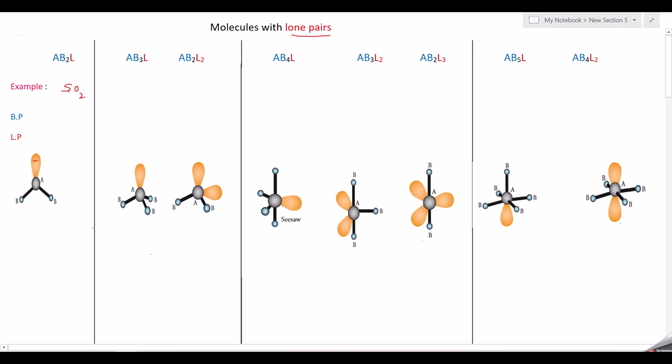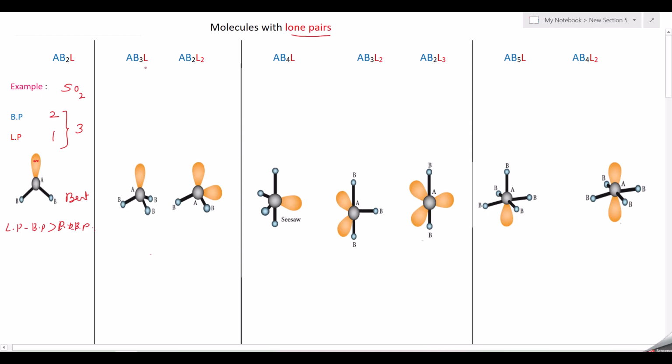Two oxygen atoms are covalently bonded to sulfur. Therefore, the number of bond pairs is 2 and the number of lone pairs is 1. So we have a total number of electron pairs of 3. So the expected structure is trigonal planar. But the lone pair will interact with the bond pair, so we are getting lone pair-bond pair interaction which is greater than bond pair interaction. Therefore, this structure has changed, distorted, and you are getting a bend shape instead of a trigonal planar shape.